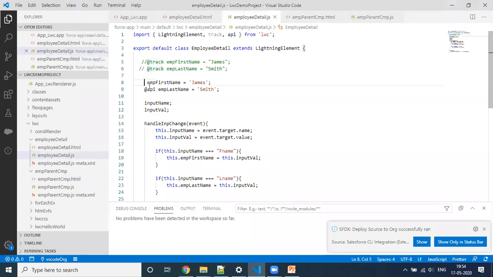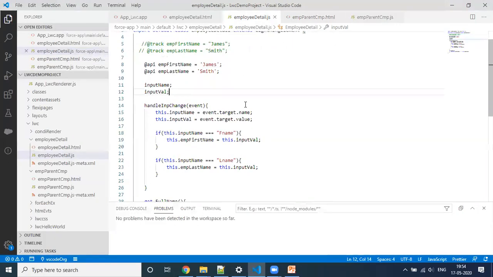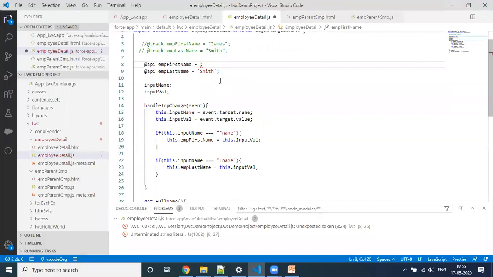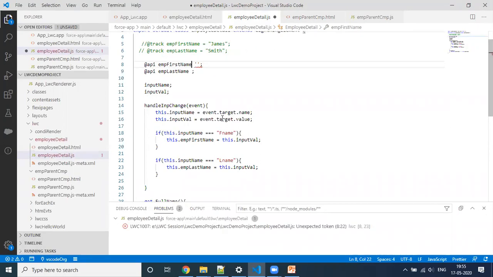Okay. And what if we don't set any value over here right now? Can you remove this assignment on line number 8 and not define anything? Will it appear blank? To check our track property, I said this earlier. If you remove this also, it is not going to make any difference, because right now the value we are directly passing from the parent. So if you don't define it also, no problem. It will not make any difference.